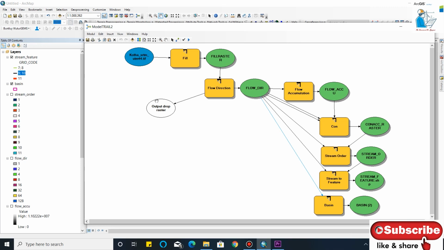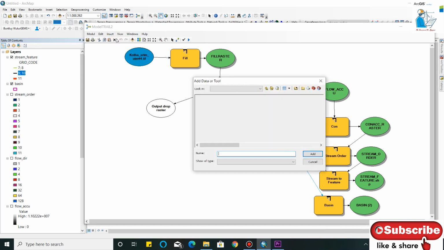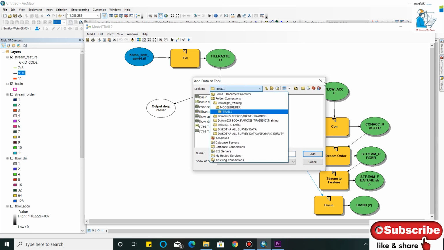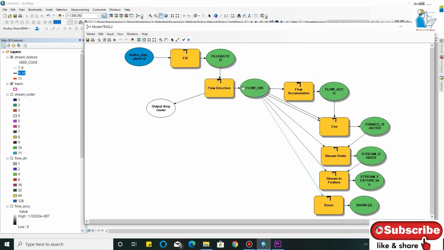When you want to delineate another watershed, you simply have to change this TIFF file, and your whole model remains the same as usual, and run the model. You can get your watershed and stream features in this way. You can also import your existing model from the insert tool, go to your toolbox and import that particular model.